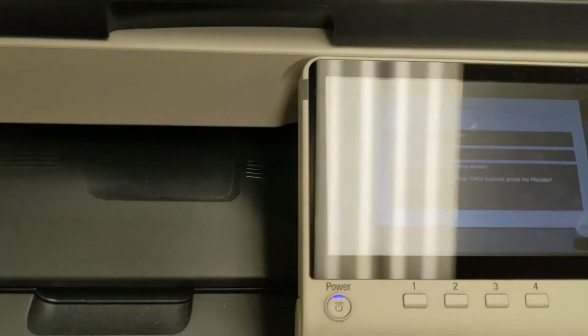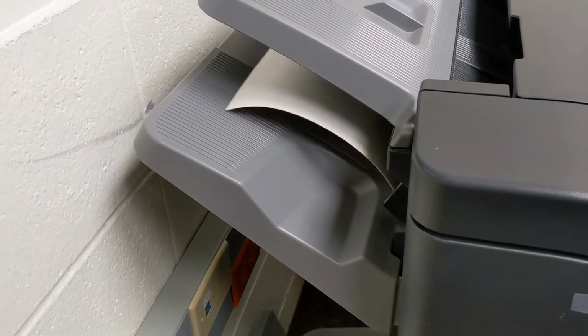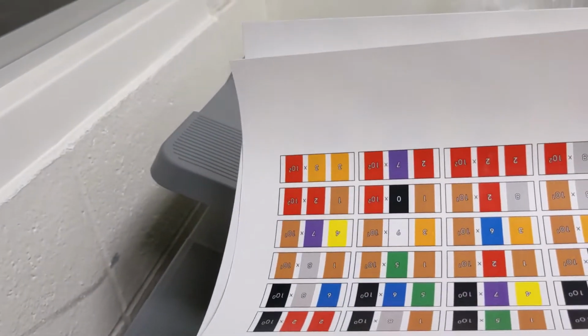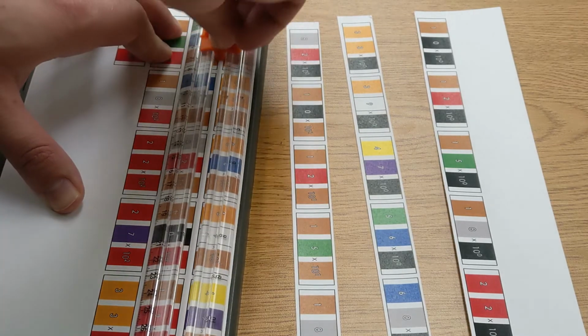So I designed some actual labels using my favorite photo editor, PowerPoint. Fun fact, all of my thumbnails are made in PowerPoint. From there, I just printed them out on sticker paper, cut them out, and